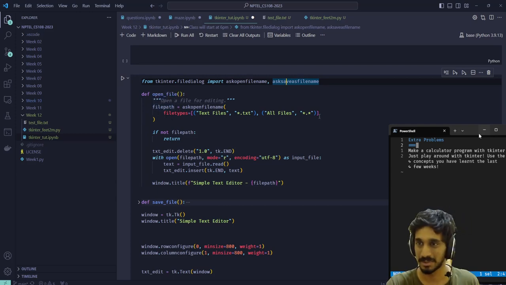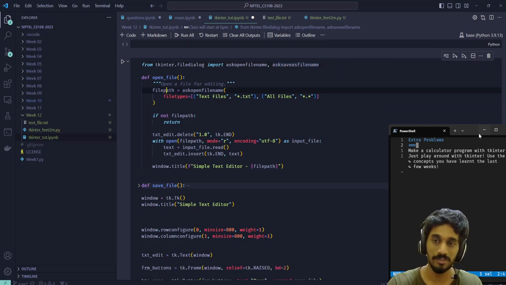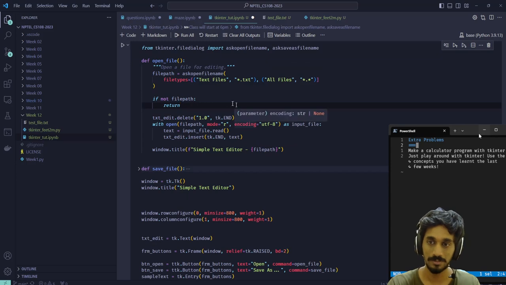This section does not really matter. Essentially, this is the type of files I'm expecting to open. If this command failed, then I'll just return immediately. If the command didn't fail,